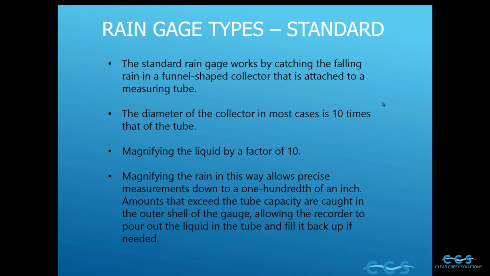And so magnifying the rain in that way allows for precise measurements, sometimes down to 1/100th of an inch. And then the amounts that exceed the tube are caught in the outer shell of the gauge, allowing the recorder to pour out the liquid in the tube and fill it back up if needed. So it's catching it in a giant funnel. It's funneling through a tube, and that way we can measure the amount of rain that has occurred in that